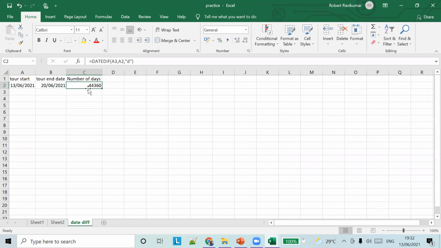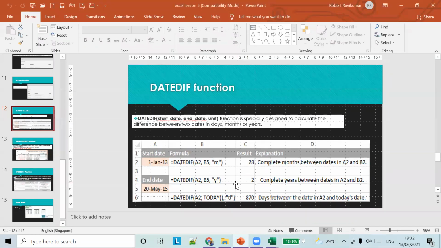See, it gives 44360. I think 1457. I don't know what that is.